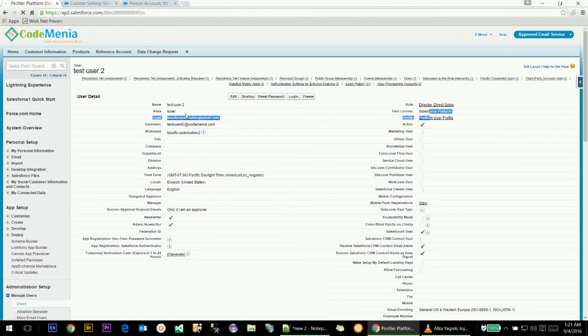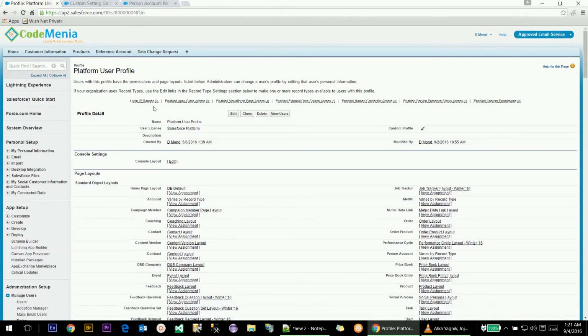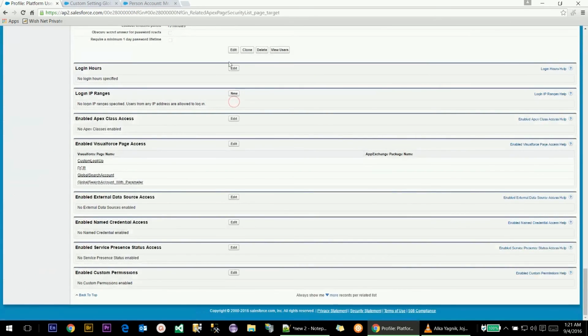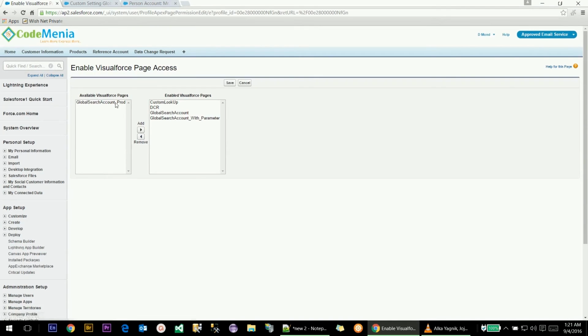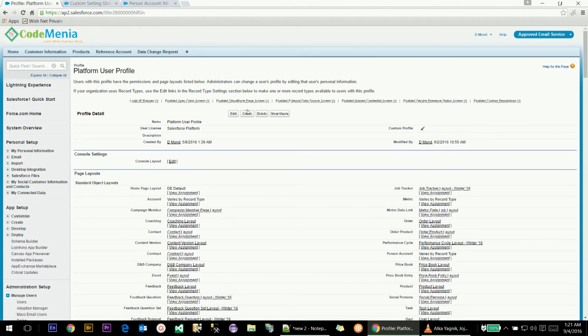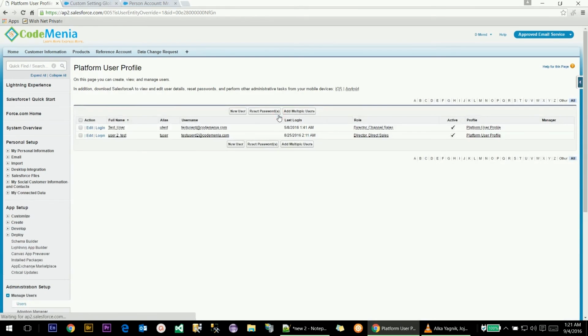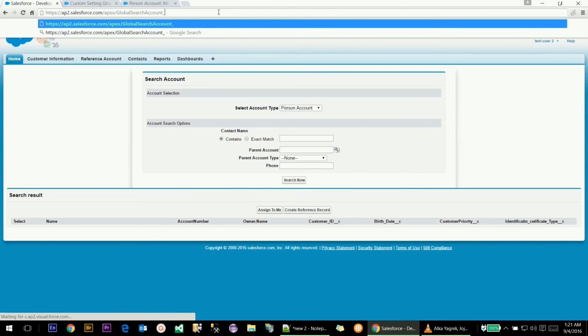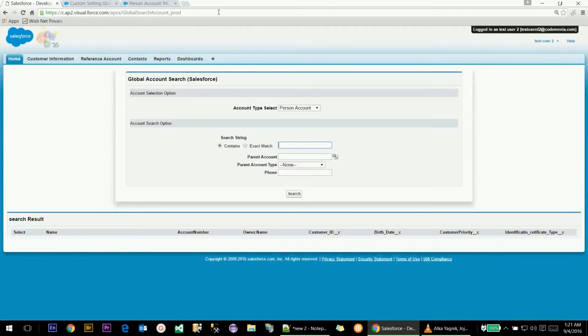So we provide the Visualforce access to this profile from here, and then log in using the user test2. Now if we go to that page,